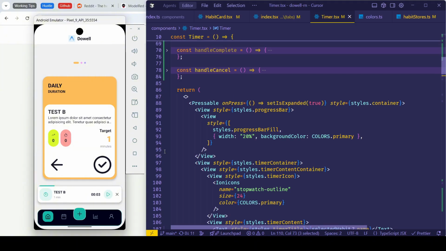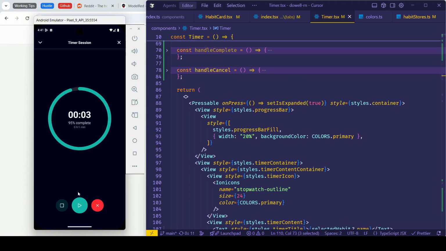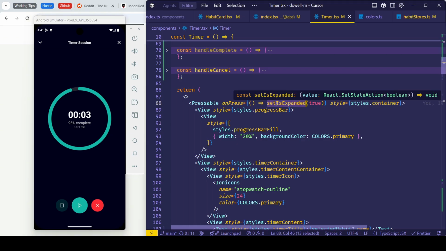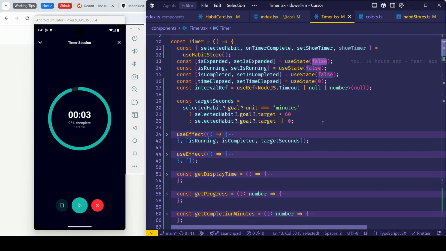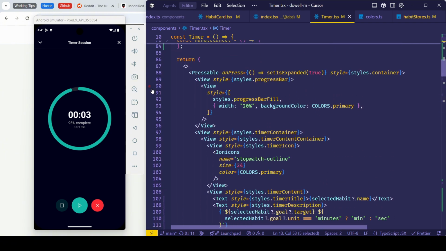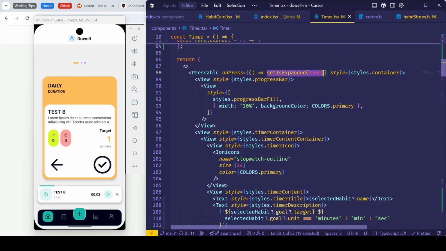And then if you click this, it will show the modal with the entire screen covered. So I make useState with isExpanded and setIsExpanded. The default value is false. Then if this is clicked, it is pressed, it will be set to true.